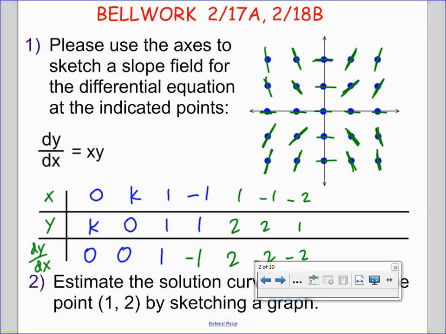You could also think of that as dropping the die, and you're in the current and watching to see where that die is taken, right? Where the colors go based on the current. Okay, so let's go ahead and do that. 1, 2 would be right about here. Right, 1, 2. And if we were to estimate that particular solution curve that contained that point, we want